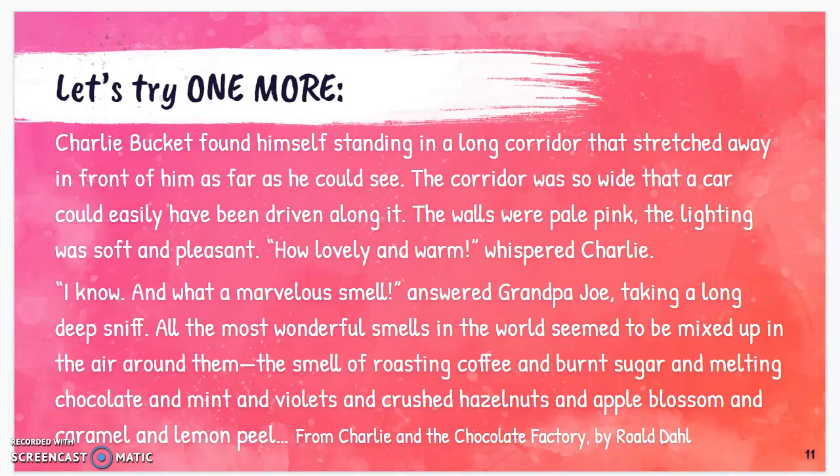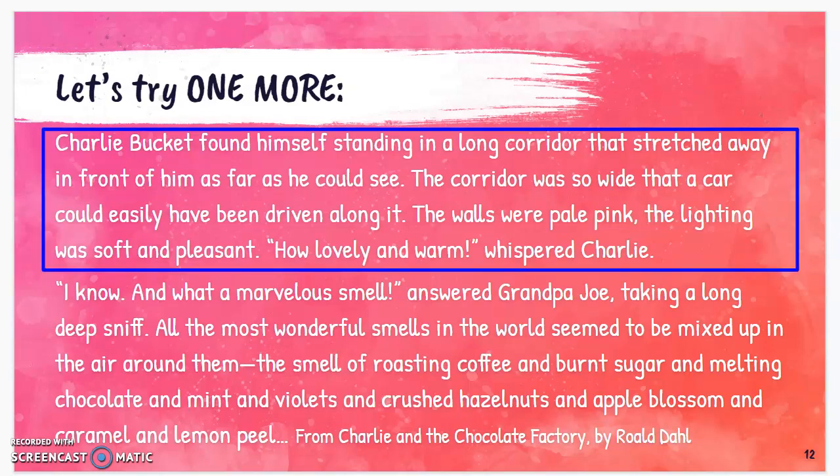And if you notice there that this excerpt stops with an ellipsis, it means it stopped as he carries on. All right. So the first thing I notice in this passage is the setting, the way he describes it. He's very clear that he's in a long corridor. A corridor is a hallway, a passageway, and it goes as far as he can see. It's so wide that a car could have driven up and down it, so as wide as a road,